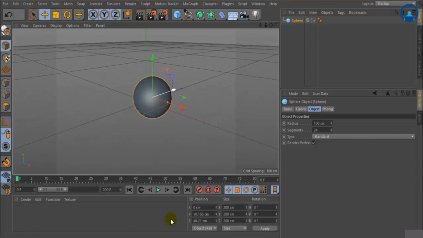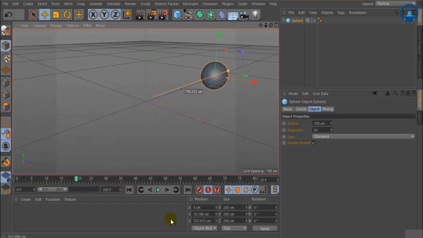So at the first frame, I keep my object over here. I click on this auto key option. You can see this red border over here. That means whatever I do after this gets recorded by the auto key option. So at the first frame 0, okay, I jump to frame number 20, and I move this from point 1 to point 2. Okay, you can see it automatically creates the keyframe.